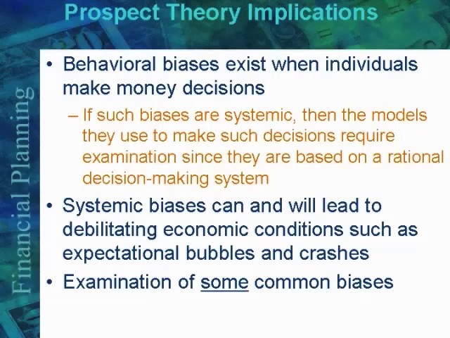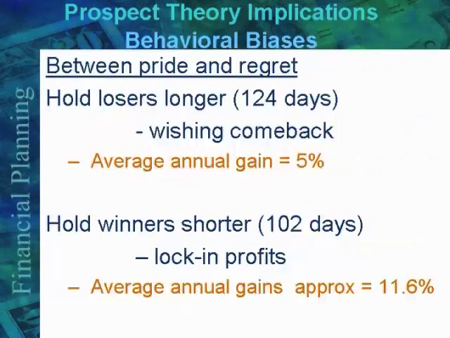So in this, back to the case of biases, what prospect theory looks at is that what if we had biases, and if they entered the problem, what would rational models do to our decision making? So what I want to do next is to look at some common biases that afflict us, that affect our decision making, and it affects us in terms of what kind of returns we receive from our investment and so on. So let me give you a brief overview of behavioral biases that enter into our decision making, which suggest that we are not very rational.